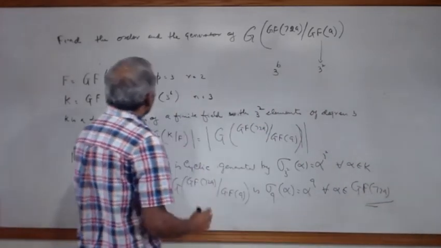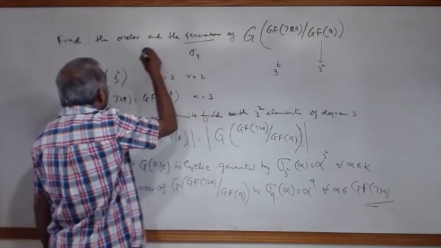So the generator is sigma 9, the order is